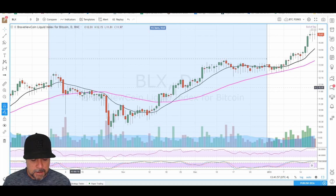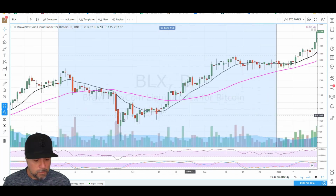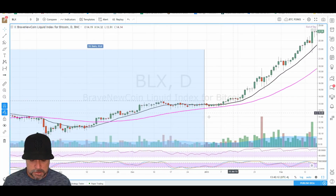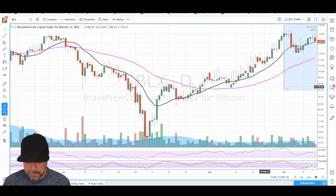But again, just entering blindly, this is where our tools come into play, where you can identify whether or not it's time to go long or step aside and be short, or buy where it's oversold and then get a nice risk reward. So that was generally up. Let's take a look at